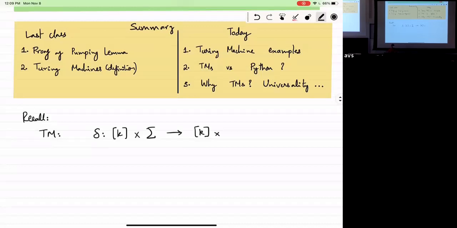If it were a DFA, you would just have a new state, but now we have a couple of other things: a symbol that you might use to overwrite your current position, and also where your head should go next. Should it go left? Should it go right? Should it stay where it is? Or should it halt? Okay?